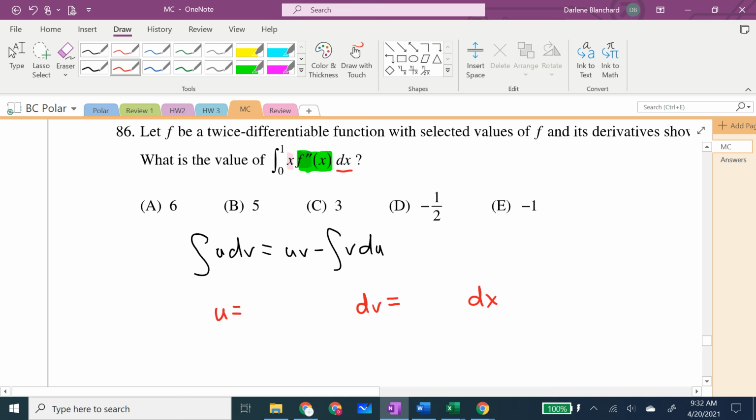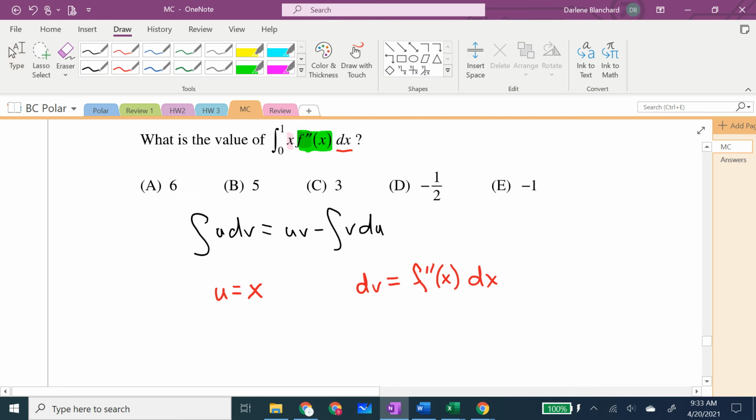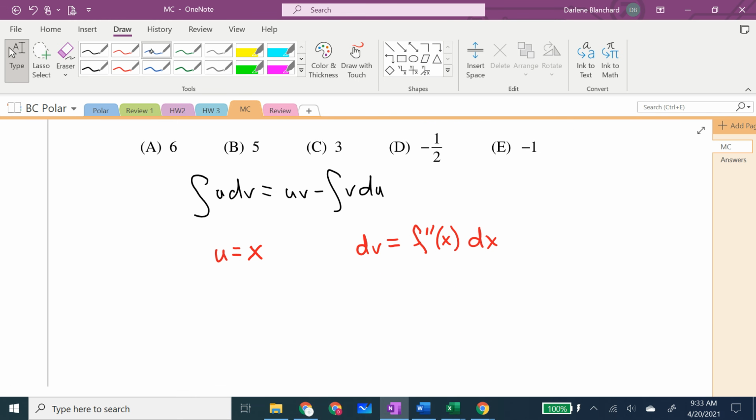So what do you think is probably the best idea to go forward? Differentiating x makes it just a 1. Integrating f double prime is something we can do. Taking its derivative is just going to take us further into derivative land. And based on what I have here, I don't want to go there. So if this is what is chosen, then du is equal to dx, and v is equal to the first derivative